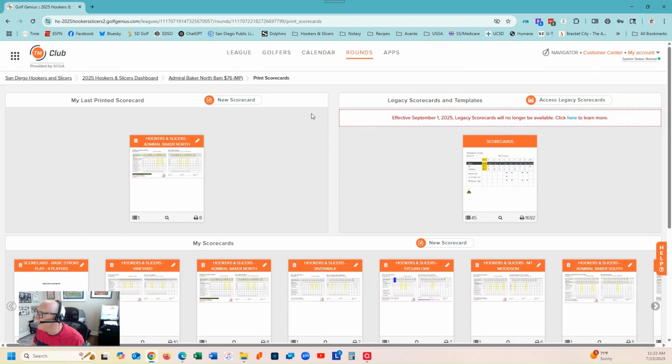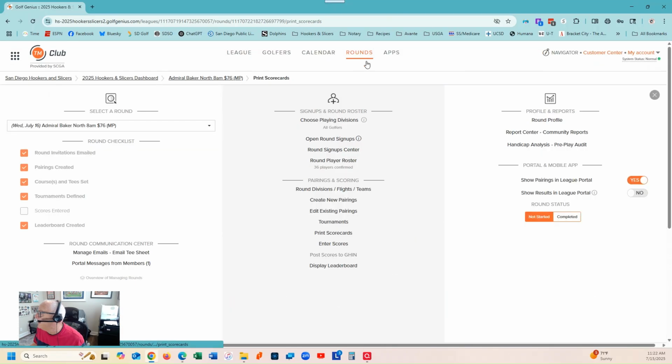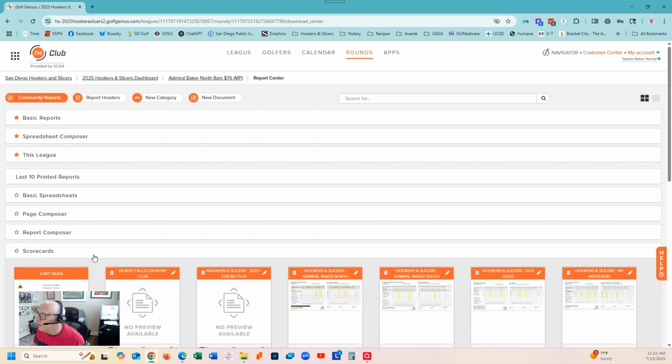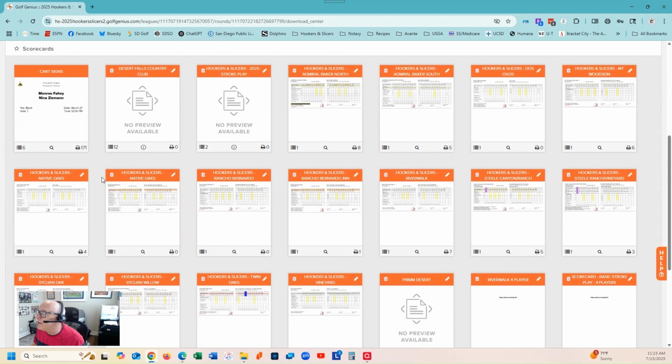Another method for doing that, again, if you go to your rounds, if you were to say report center and click on scorecards, you'll also see some other scorecards that have been set up. But again, we're looking for the one for Admiral Baker. So here I'm going to go here, and in either way you do it, you're going to click on Edit. So when we click on Edit,